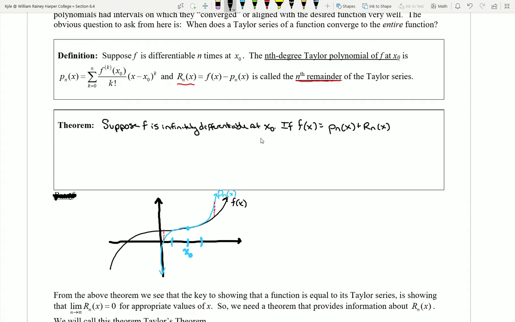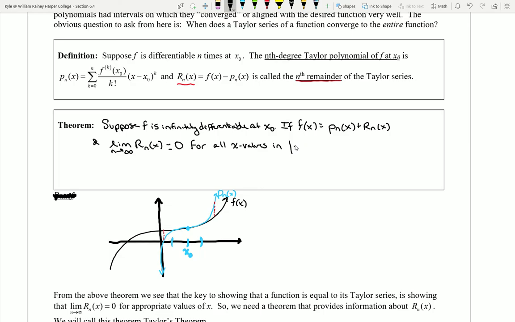So if this is the case, and if it's the case that when I do the limit as n approaches infinity of my remainders, so if I let the blue polynomial continue to change and go higher and higher and higher degree, and if I do the limit then of all the remainders, and I get that that limit turns into 0 for all x values